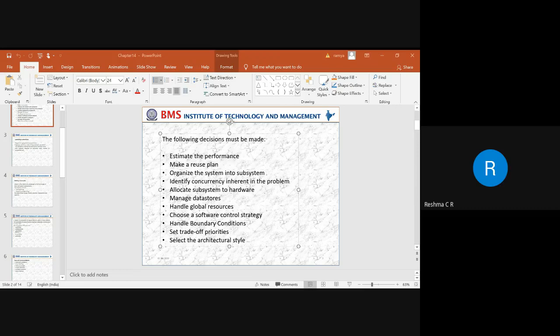The speed can be 53%, the memory allocation can be 31%, portability should be at least 15% and the cost should be 1%. Like this, depending upon a parameter, we need to identify the things. So this is all about chapter 14.